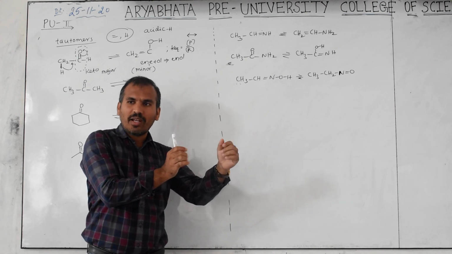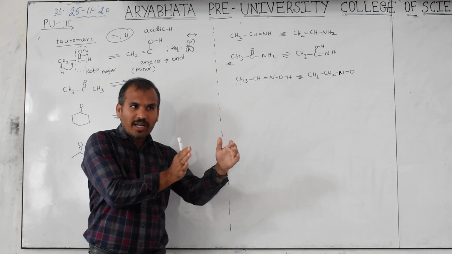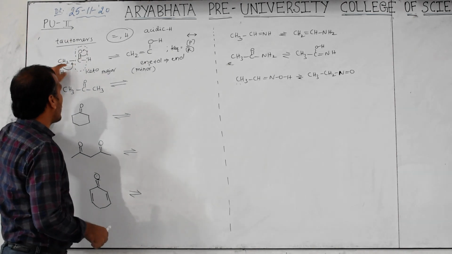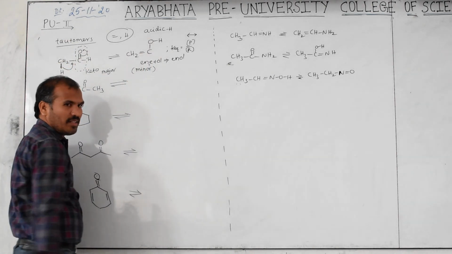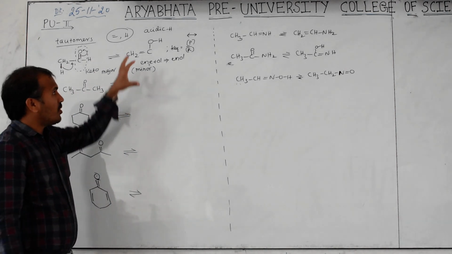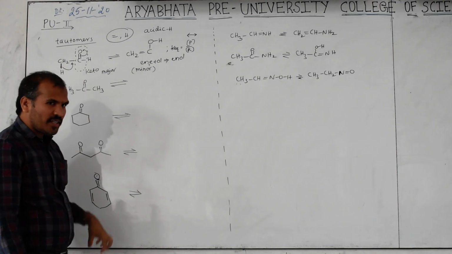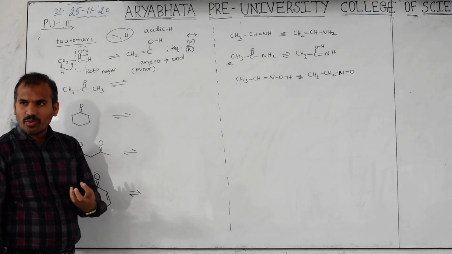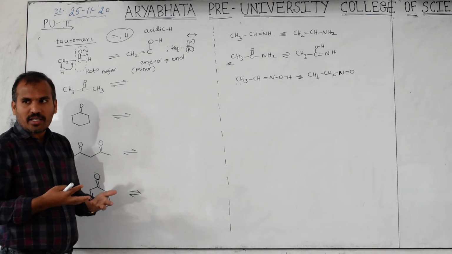Bond length greater means bond energy lower. So which bond energy is greater now? Carbon-oxygen. Carbon-oxygen, carbon-carbon here. Here also is there, but single bond is there. So enol form bond energy greater or keto form bond energy greater? Keto form. So those who having here energy, it means we cannot break here because higher energy form.